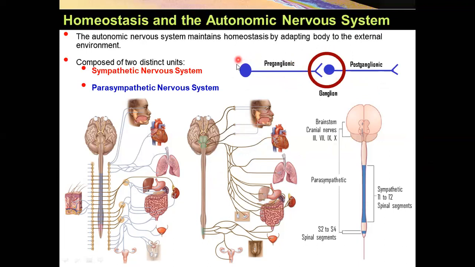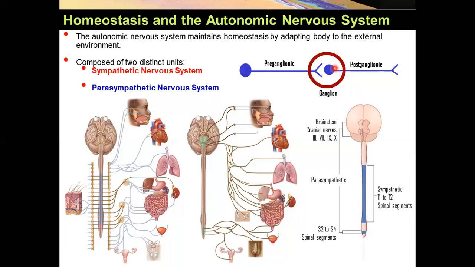One is the pre-ganglionic neuron, its cell body always located in the central nervous system, in the brain stem and in the spinal cord. And there are ganglia, which are sympathetic or parasympathetic ganglia. Inside the ganglia, there are the post-ganglionic